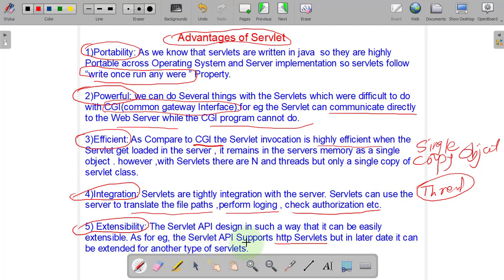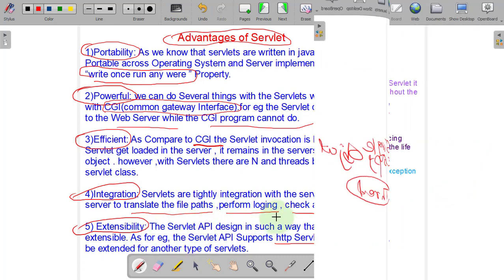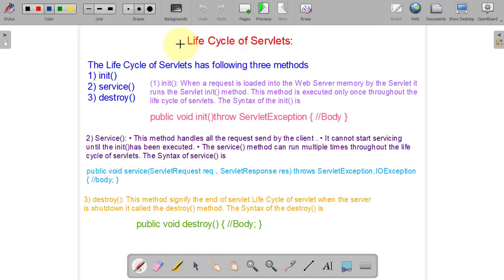We have two types of servlet: one is generic servlet and the second is HTTP servlet. But later on, suppose there is a third type of servlet, then we can easily extend the servlet API with the newer servlet.